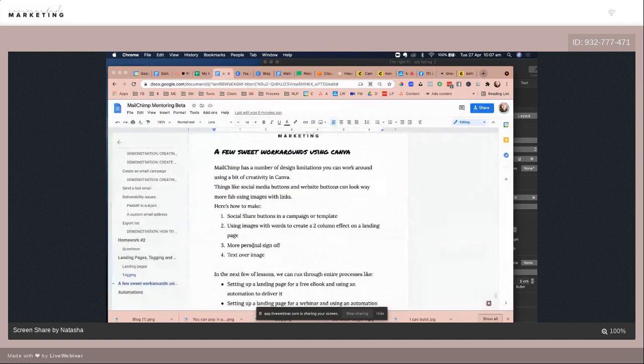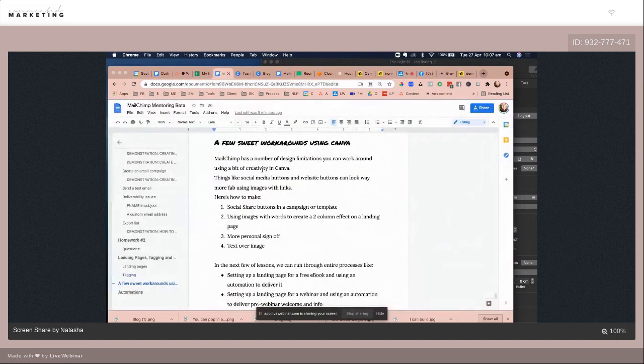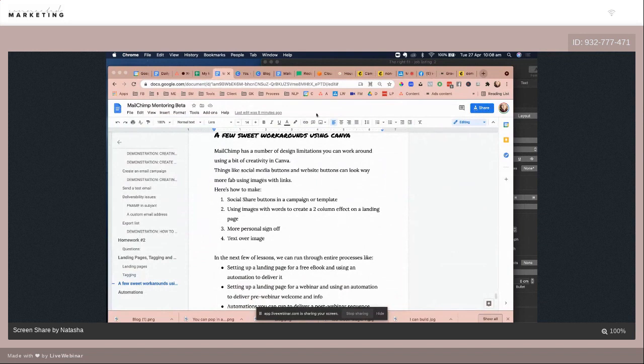In the last few minutes, I just want to show you a few little workarounds that I love to do using Canva. With those landing pages, and also inside the email templates, there are just a few things we bump into in terms of design that are a bit clunky. So I did mention when I was creating the templates